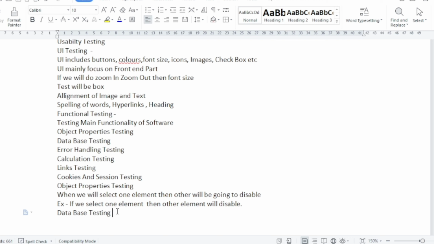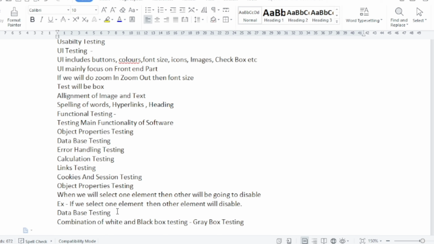Gray box testing is a combination of white box and black box testing. In this database testing, we need to